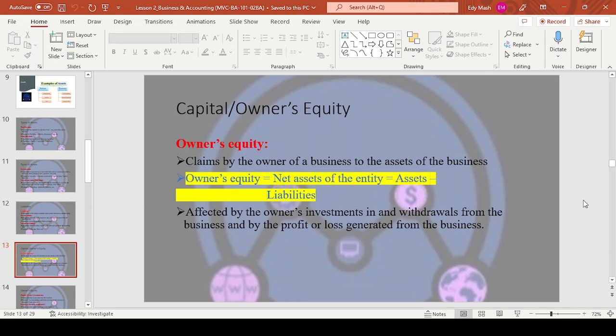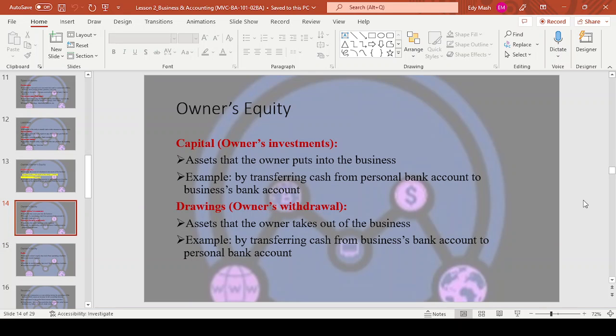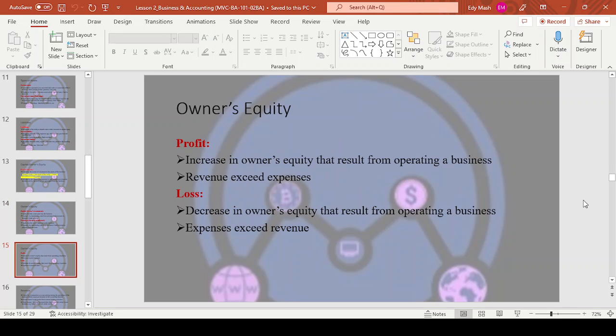All right. So the owner's equity, the capital I already mentioned, and then there's what is called drawings. When the owner takes some money for personal use, it affects the capital balance because that money is subtracted from there. But when a business makes a profit, the profit is added to the capital. Yes, it increases owner's equity. This only happens if the revenues exceed the expenses in the statement of comprehensive income. And if there's a loss, it also affects the owner's equity, the capital, which lessens the equity.